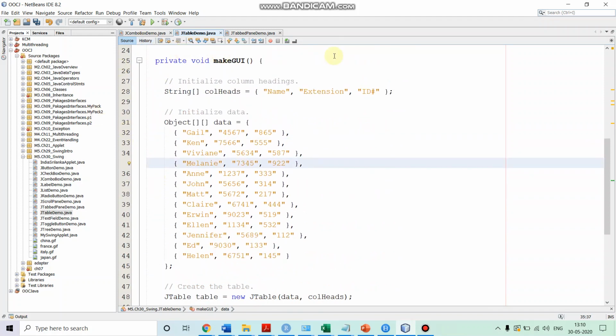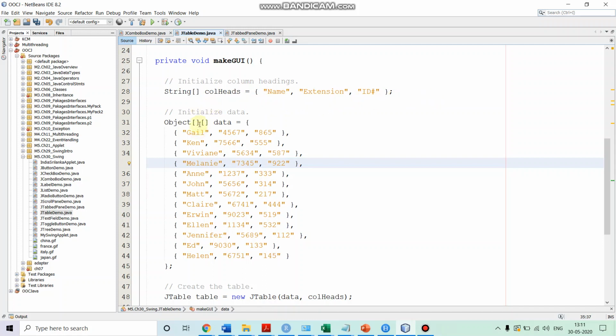In the method makeGUI we are creating our table. In order to create the table we need to specify the single-dimensional array of column heads. So here we are creating the array called heads, a single-dimensional array of strings, and we are storing the headings name, extension, and ID number.